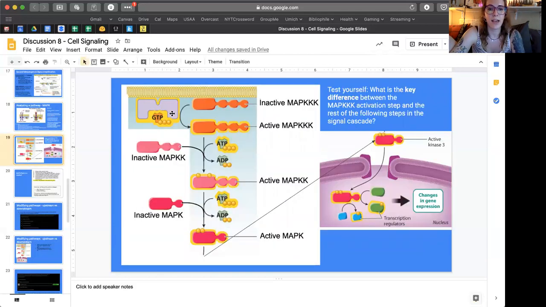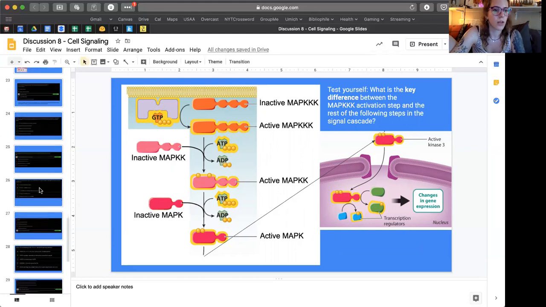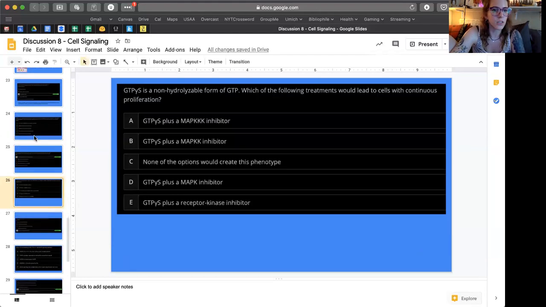And once we have that activated form, we're always going to get the rest of the pathway occurring, assuming that we don't have an inhibitor or a mutation or something, which we don't in this case. So anytime that you have that analog, you're always going to get this whole rest of the pathway being expressed. And so how we can answer that is,